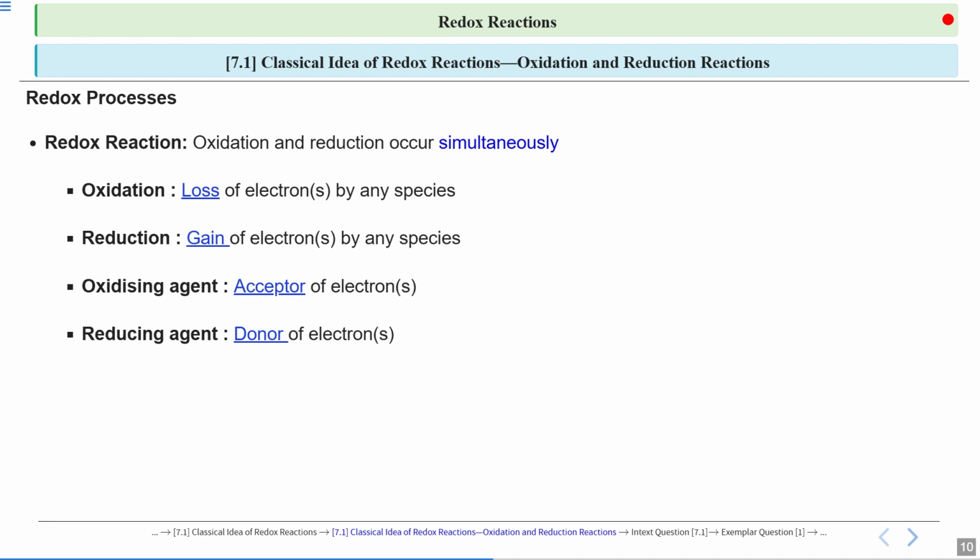So how would you find that? You can understand it in a manner that if you look into a chemical reaction and you find that there has been a loss of electrons, that would be oxidation. Now the most important question arises over here, how can you find that loss of electrons has taken place in any species, or the gain of electrons, how would you find it?